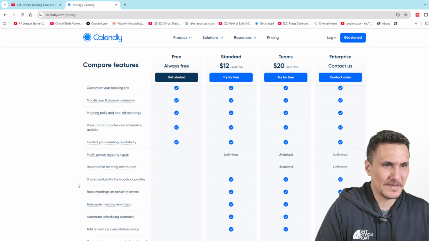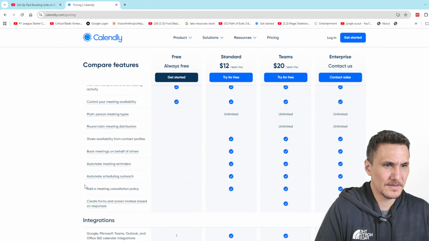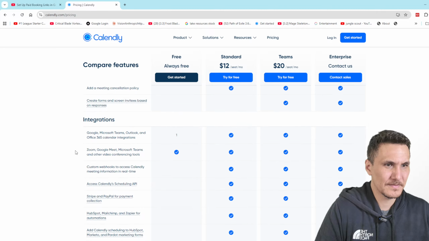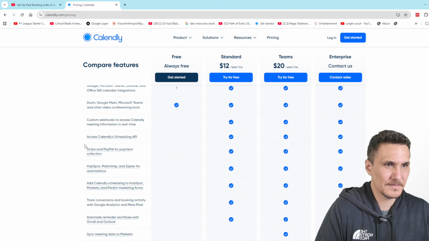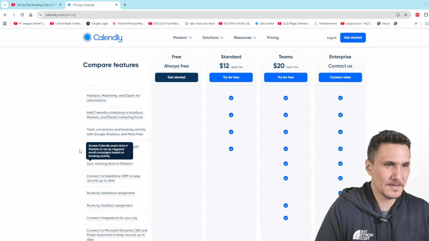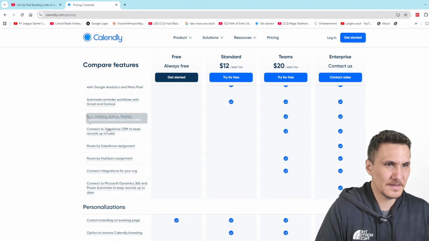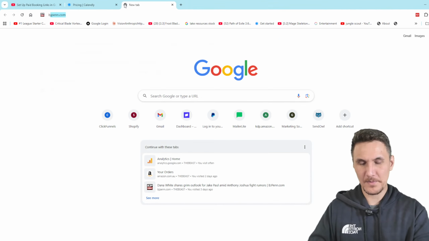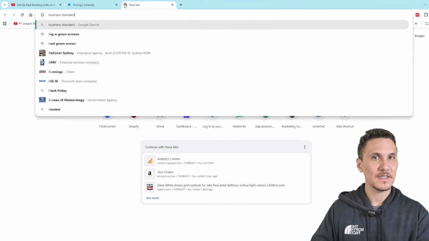I don't need any of this stuff. Calendly, Pardot, sync data. Whereas if I get the business standard features,